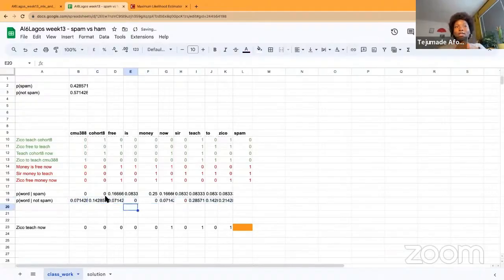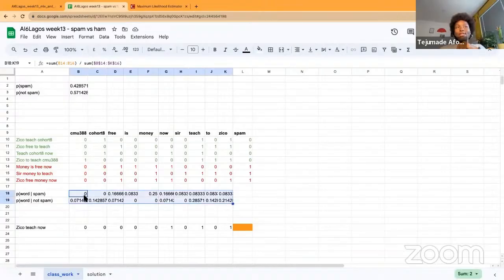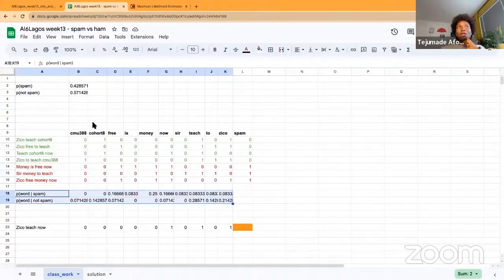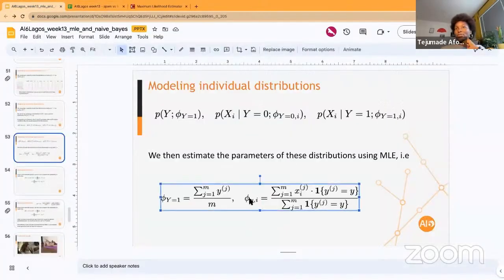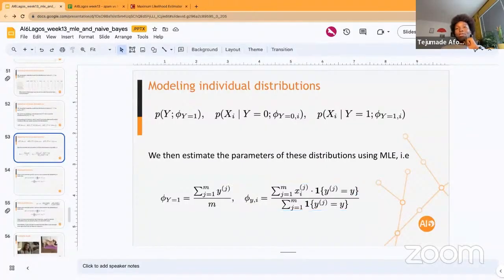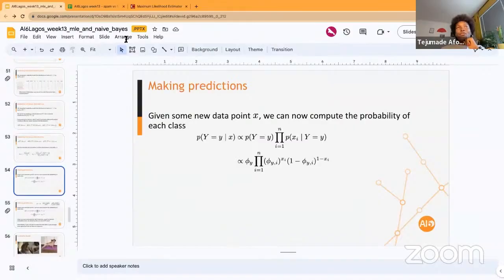So everything we have here is now the probability of each word occurring in spam. Cohort 8 did not occur at all in spam, so the probability is 0. 3 occurred in spam, so the probability was 0.18. What I just computed is what we have here, and to now calculate whether or not something is spam, we just multiply